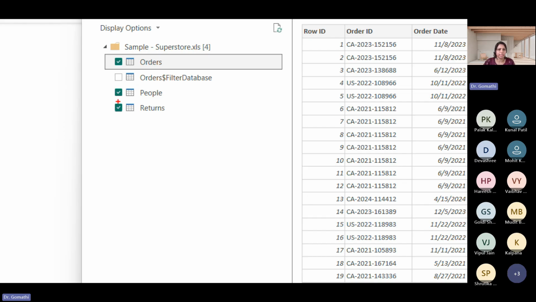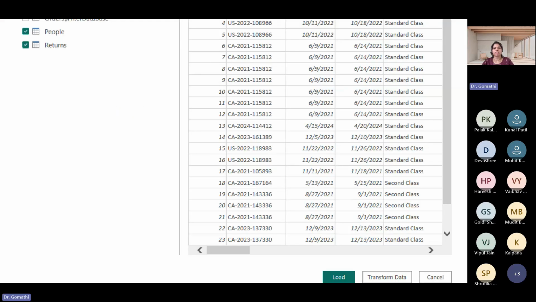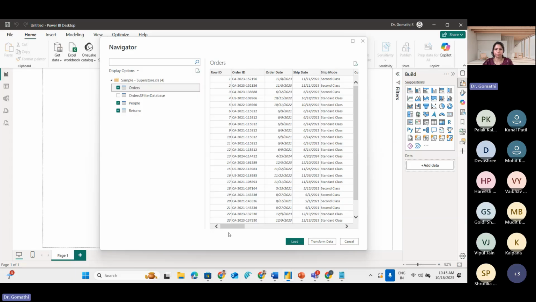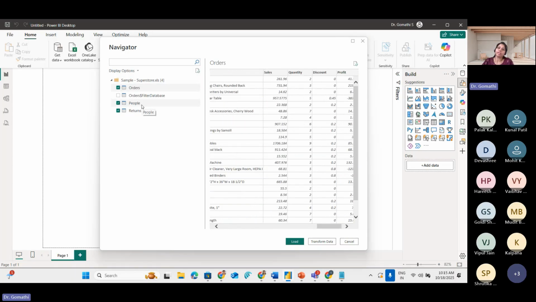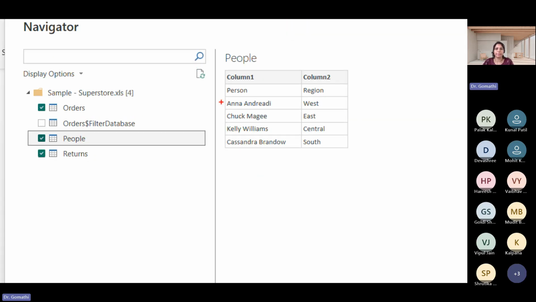Okay, you have to select it here. Then only you can load it. Okay. So once you click there, on the right side you can see the data appearing. So what are the columns you have and what is the data you have here. Fine. So these are the data which we have. If you click on the people table, I'm just clicking on the people table. So what happens, you can see